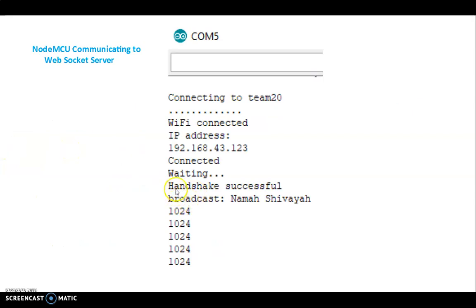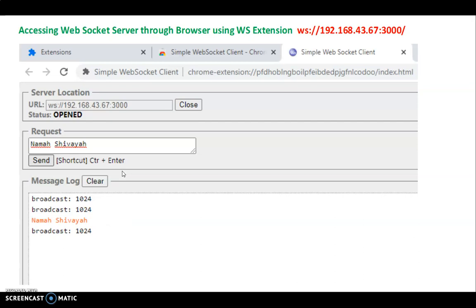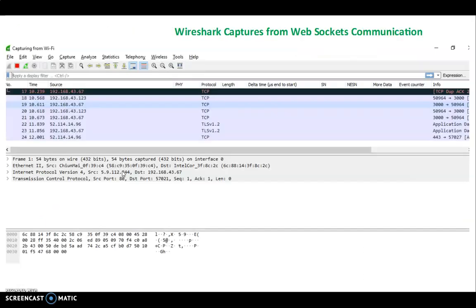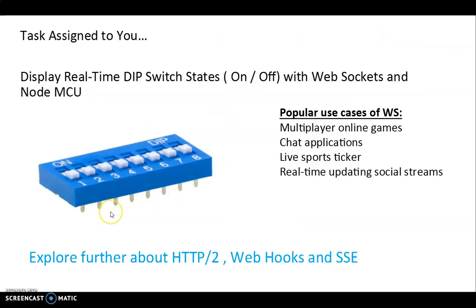You will connect to the server and update, and in the server you can see the data. So you can try this program. The code is given here, and you can capture the packets with Wireshark, and then I understand that the packet is going as per the WebSocket semantics rather than HTTP. You can find out which port it is going to, and also some more examples are given on how to get the real